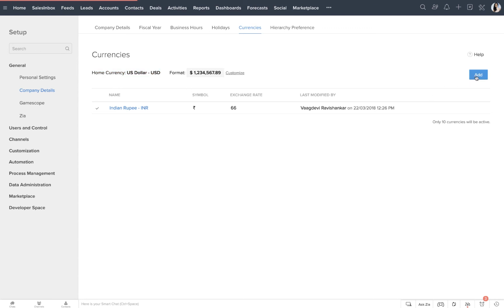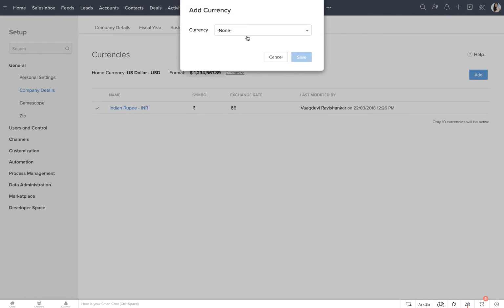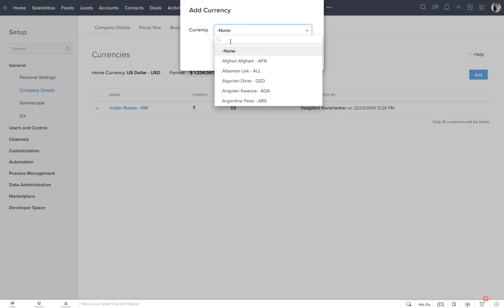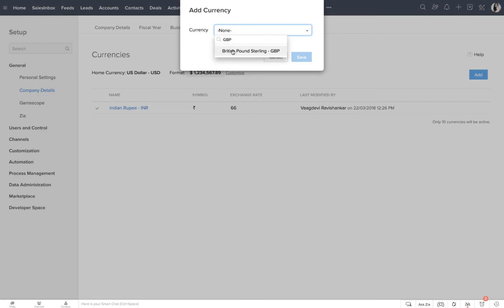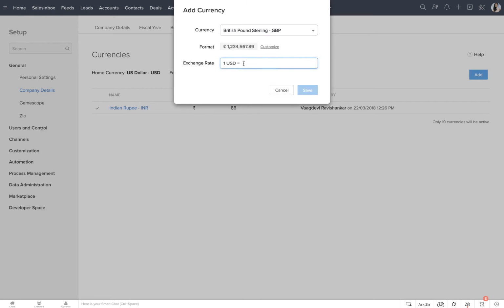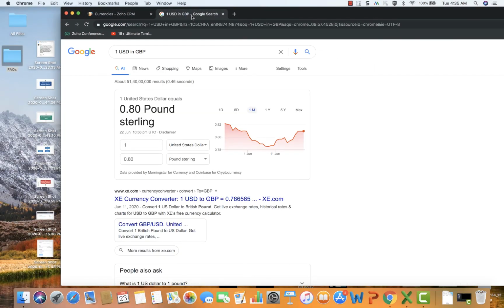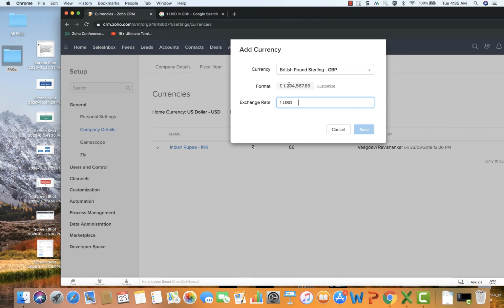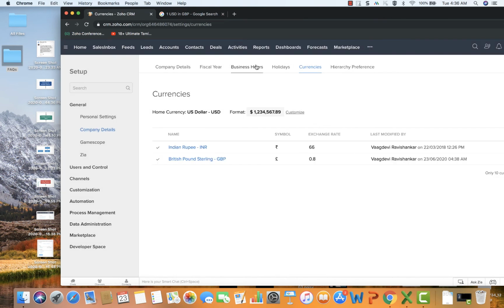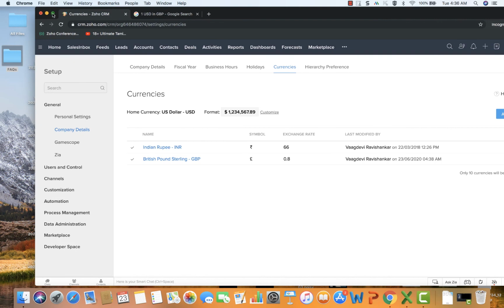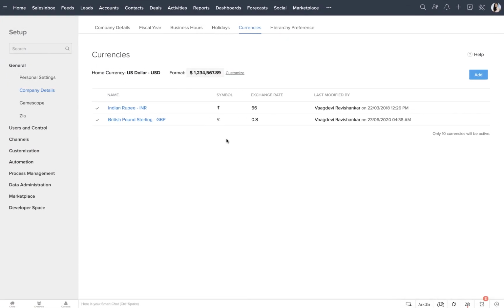All you need to do is add currency and choose which currency it is, GBP for example, and you can quickly do a conversion check. It says as of today the exchange rate is this, so I have saved it. This is how you go and add other currencies in Zoho CRM.